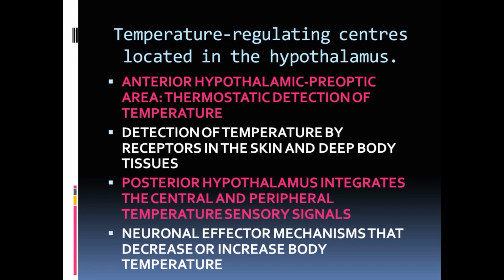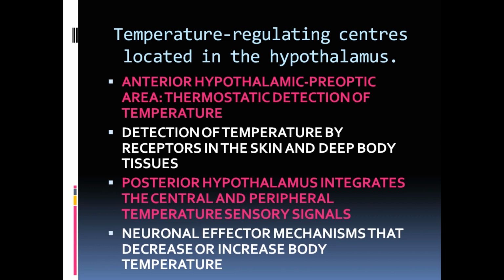First of all, we'll understand that the anterior hypothalamus, and mainly the preoptic area of the anterior hypothalamus, plays a role in thermostatic detection of temperature. Then we'll see the detection of temperature over the body also with the help of skin and deep body receptors. These are the temperature receptors which are present over the skin and over the deep body. Then from there the signal comes through the afferent and it gets integrated. Where does it get integrated? In the posterior hypothalamus. So the posterior hypothalamus is the integratory center